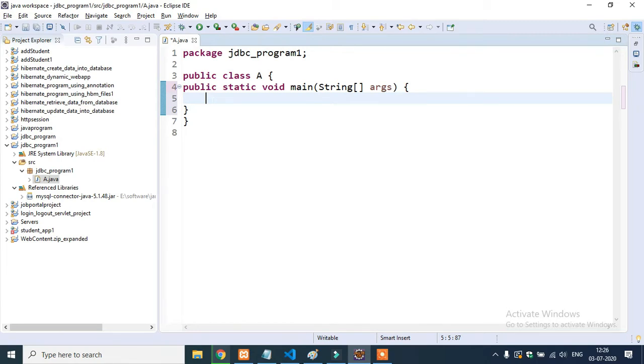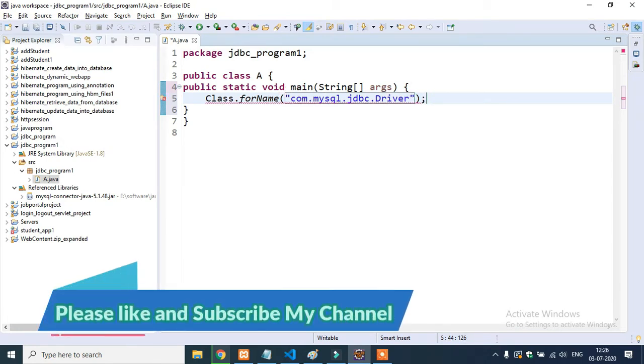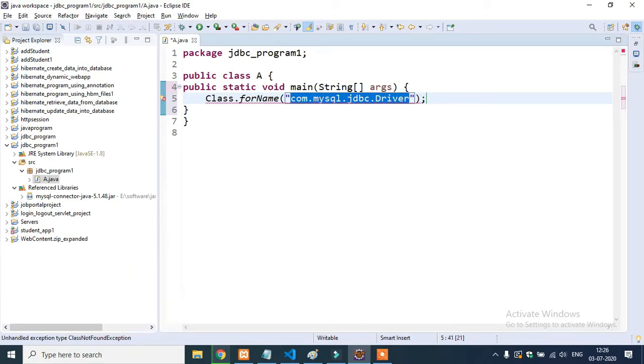First I will write Class.forName, and give the path com.mysql.jdbc.Driver, terminated with a semicolon. And you see this path, guys, com.mysql.jdbc.Driver.